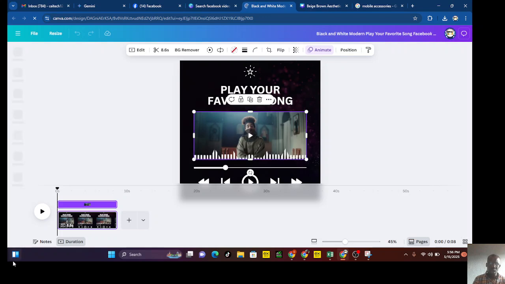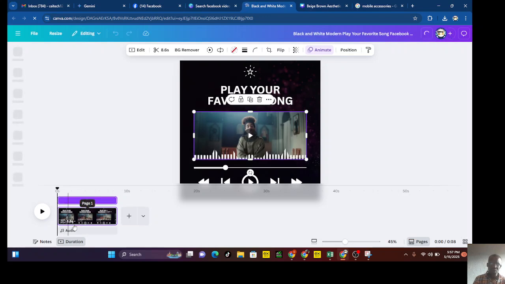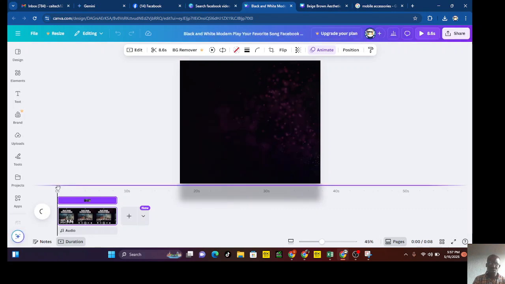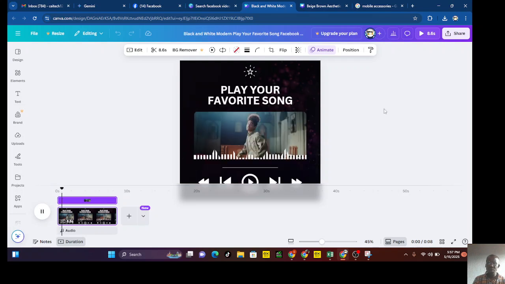Once you drop it here, you can now come over to the timeline and start adjusting your video. You can cut it, you can do anything you want to do. And for video, once you're through, you can also go and check what you are doing. You want to check if everything is fine. And to check it is very simple. If you check up here,